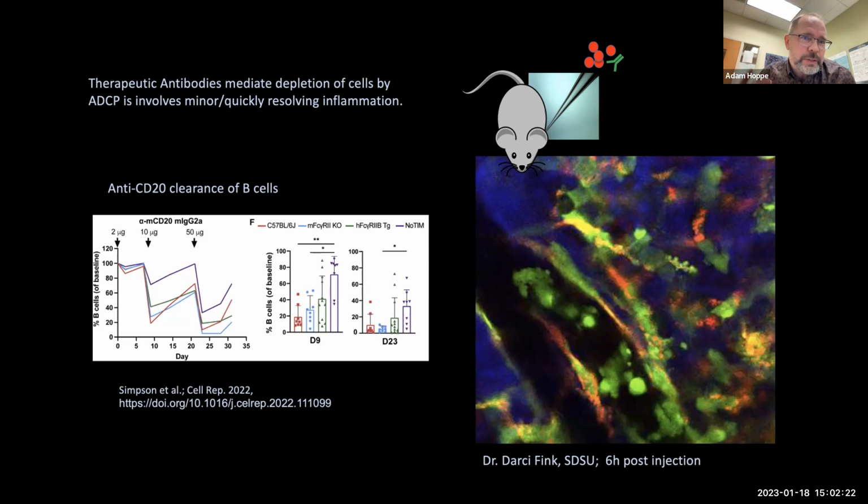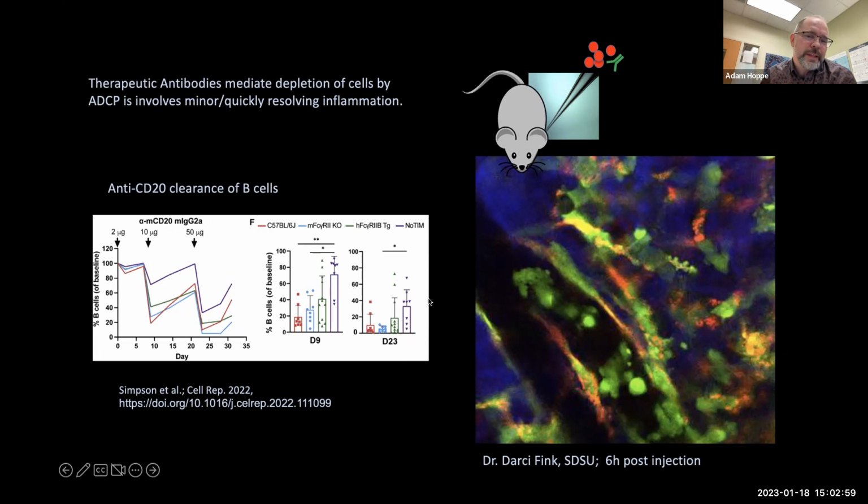So it has minor extent of inflammation. So, for example, patients that are being treated for chronic lymphoblastic leukemia or other B lymphoma type disorders will receive infusions of these antibodies. It's generally an outpatient procedure. They may feel a little tired, but generally don't have too significant of a reaction. Similarly, in mice, we can repeatedly dose mice. This is actually data from Mark Craig and Stephen Beers' labs, showing repeated dosing of mice and depletion of B cells over time. Don't worry about the transgenic, but these mice are generally running around looking very normal, behaving very normal, and having modest inflammation.